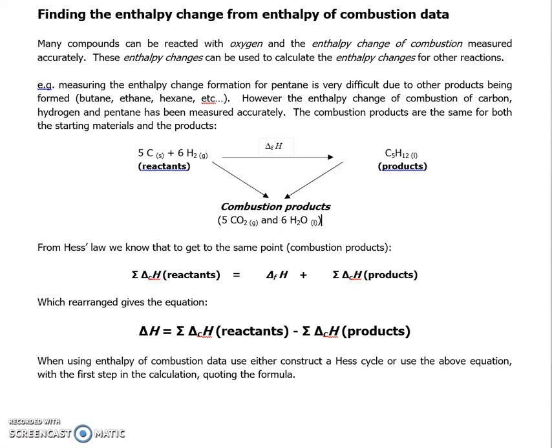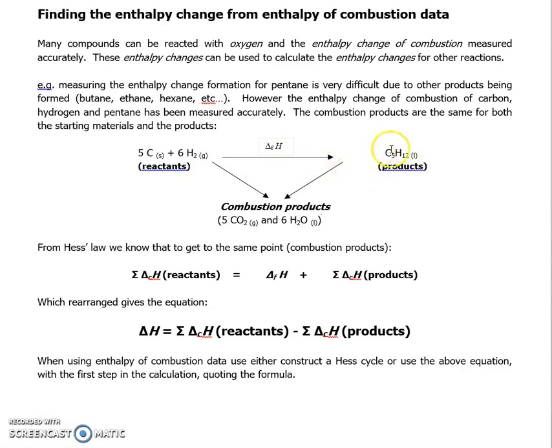In this video we're going to look at the Hess cycle, where you are given the enthalpy of combustion data and you use that to calculate the enthalpy change for another reaction. So the example we've got here is 5 carbon atoms and 6 hydrogen molecules going to make a molecule of pentane. This is the enthalpy of formation